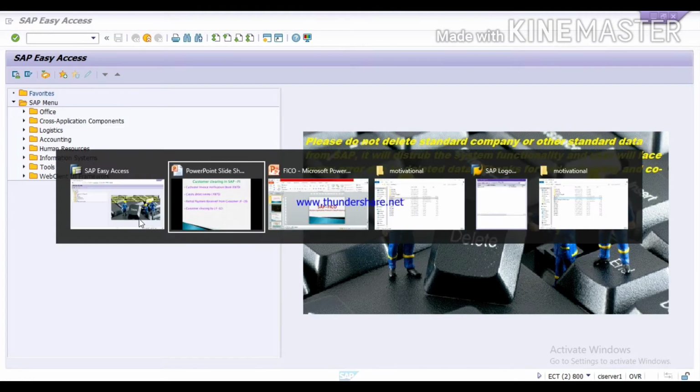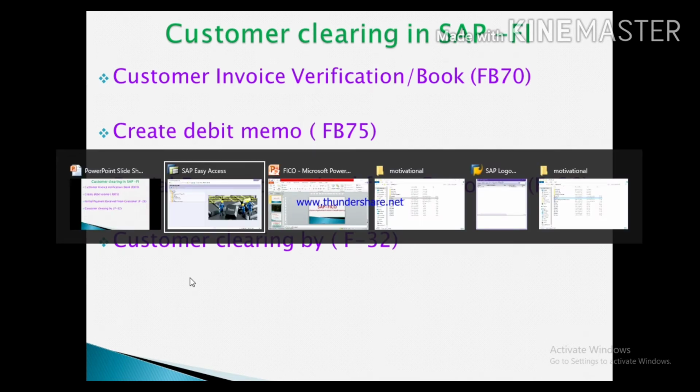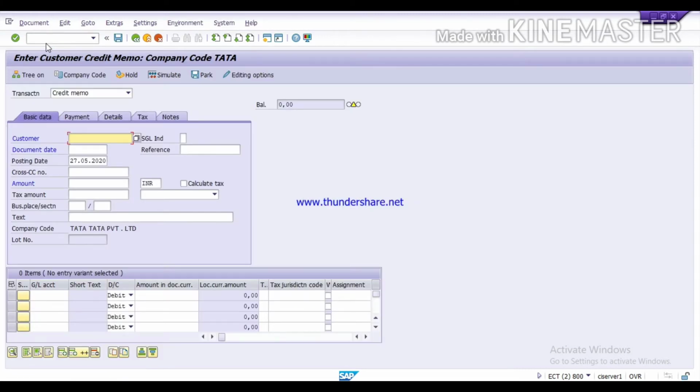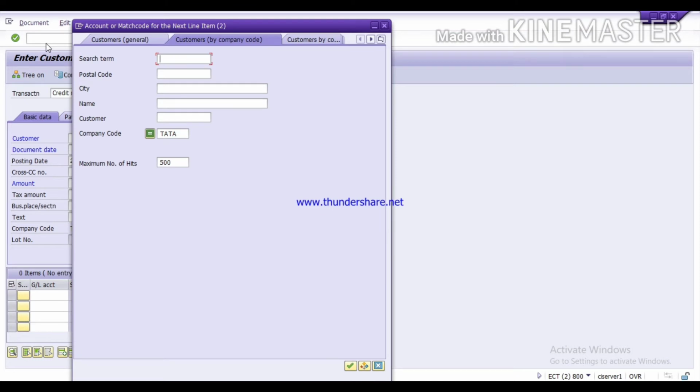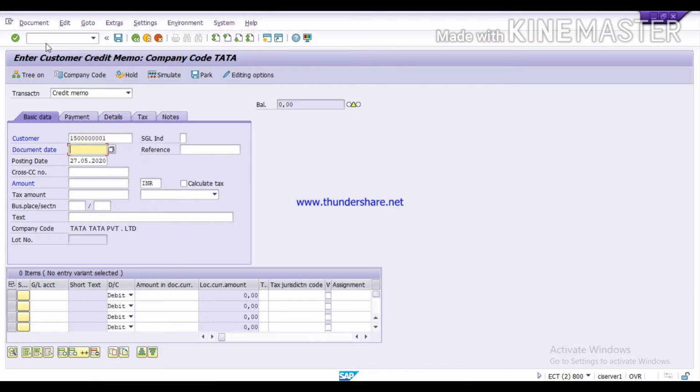Now next step is to create the credit memo under the T code FB75. Give your customer, select it. Your customer is Balaji and Company. Document date 27th May.